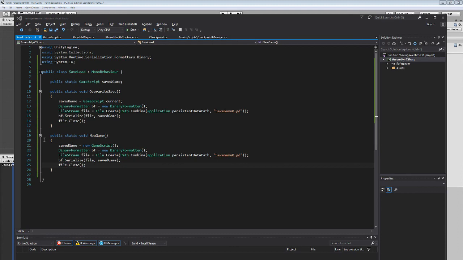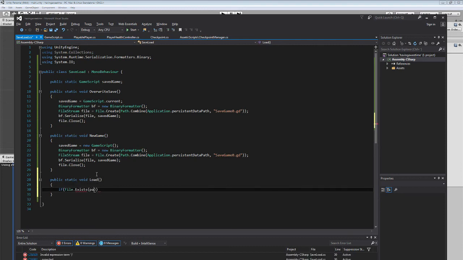Yep. And then almost the same thing for load, static void Load. We use this to load the data. Then if File.Exists, Path.Combine, Application.persistentDataPath, save